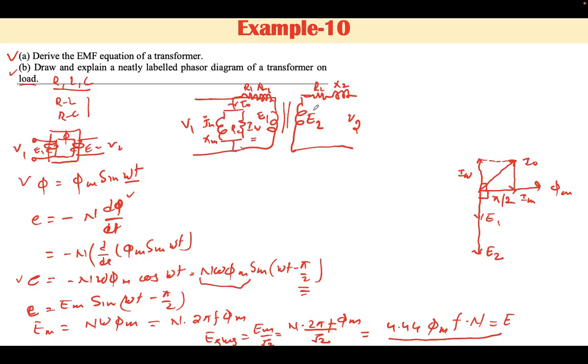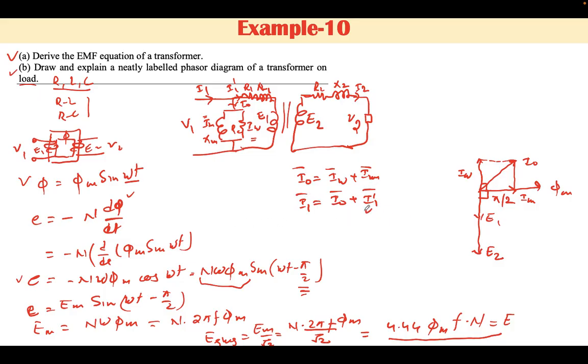Now when the load is connected across the transformer secondary side, then some extra current will flow, let it be I2. With this I2, extra current in this winding will start flowing, that is the counterbalance current I1 dash. Hence we can say here I naught is the phasor sum of IW and IM, whereas I1 is the phasor sum of I naught plus I1 dash.